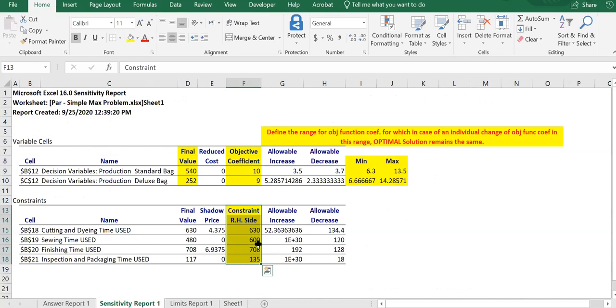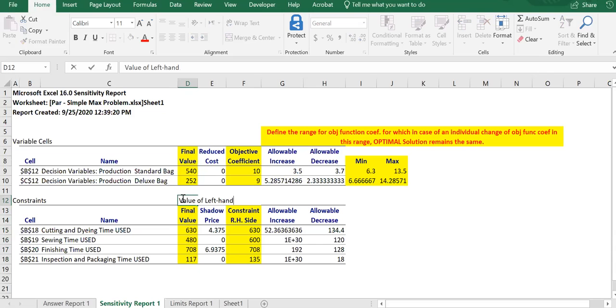So there's no surprise. This is what we already know, right? Okay, so this is the right-hand side, and this one is the left-hand side. The final value of a constraint is talking about the value of